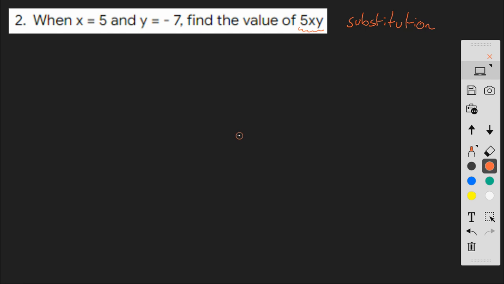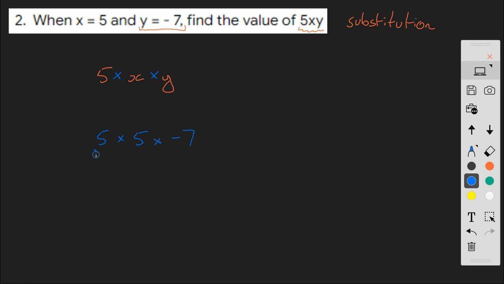Now, there are a couple of issues going on here which might make things complicated. The first is that we have a negative number, and the second is that we may not be sure what this algebraic expression means. Now, when we have algebraic expressions like this without any operators in, then the invisible operator is always a multiplication sign. So what we're being asked to do here is to have 5 multiplied by what's our value of x? Well, that's also 5. And then we're going to multiply by